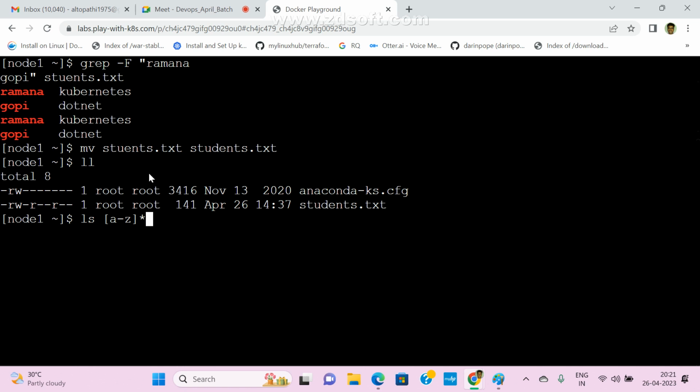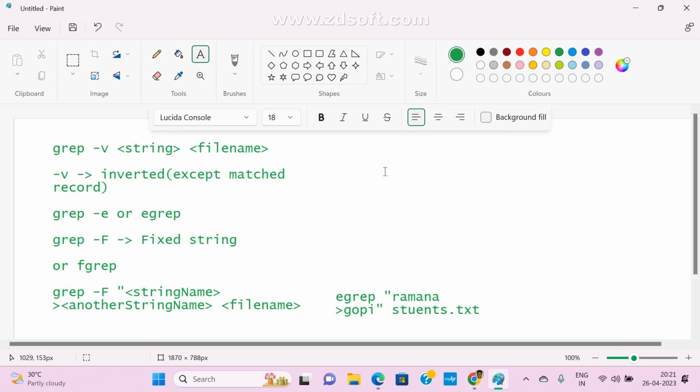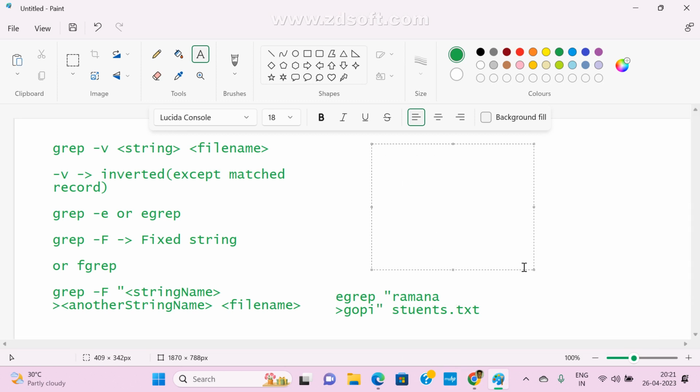We are giving star, it will display all files. If you want uppercase, or if you want to check only number format, here also we can check. So three ways: one is character pattern, we can pass it; second one is a word pattern; and third one is line patterns.